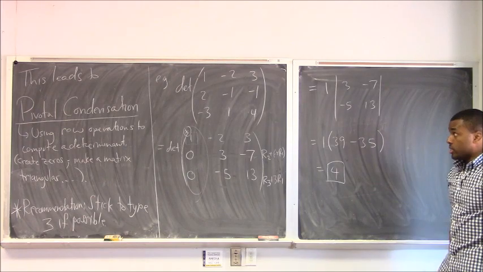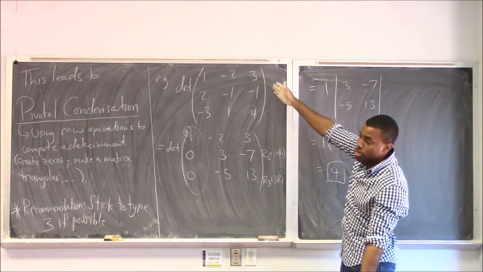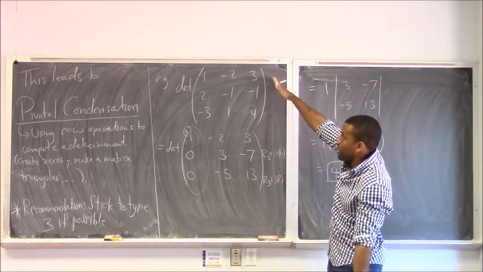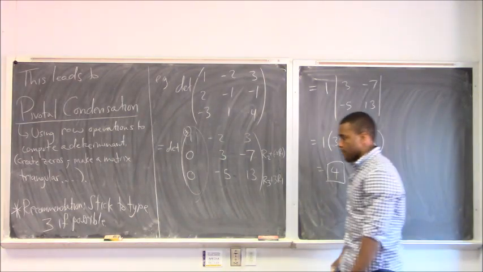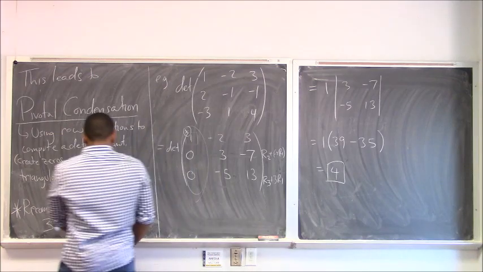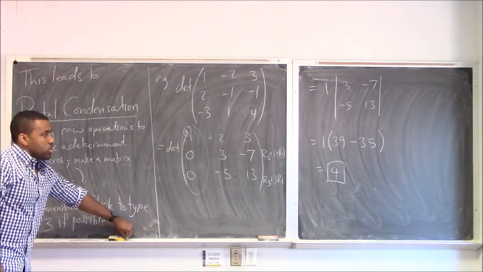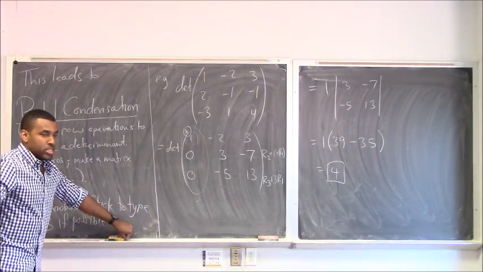So that's just an illustration. And you can actually do it on this without creating any zeros, just brute force this one out. You realize that the answer is 4. Right, now this is an important idea, not just because it makes your life easier when you're writing things on